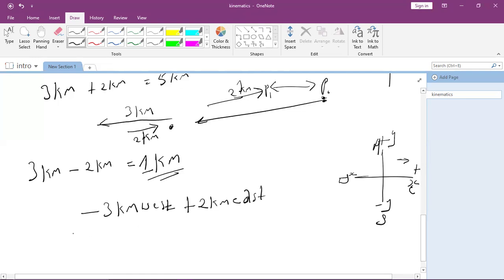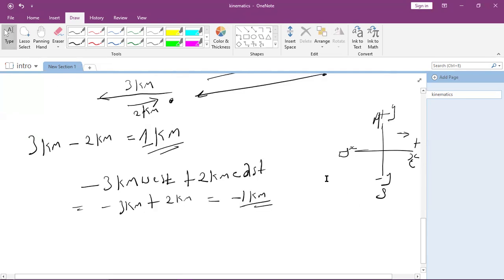What does that mean? Minus 3 kilometers plus 2 kilometers, using what? Still minus 1 kilometer. Now, can you see that there's actually a difference between this one here? This one I did here is quite different from this because this one has only magnitude. All right. But when I put minus in front of this one, it gives it a direction because